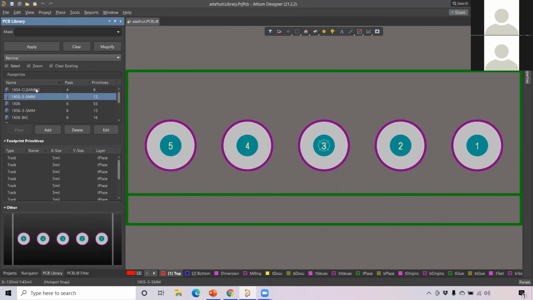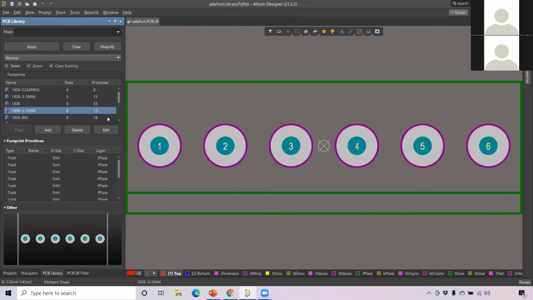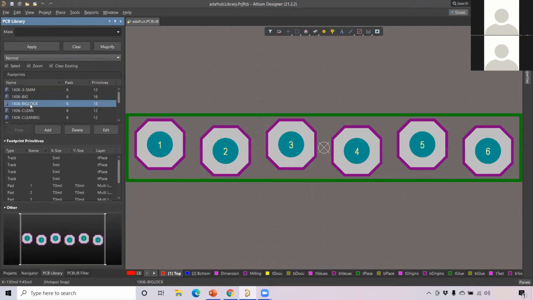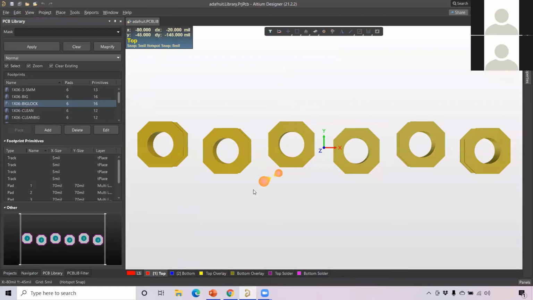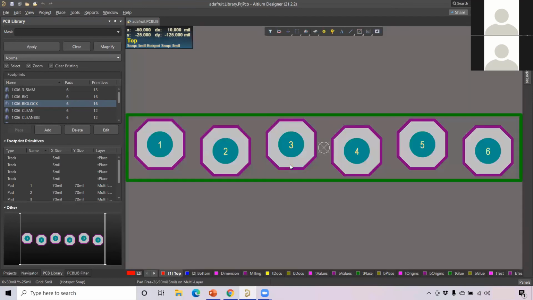Okay, you can see all the components, but please remember, when you bring them in and press 3, you will not see the 3D. This Eagle library does not have the 3D model, but no need to worry. In Altium, you can draw your own 3D model, or you can add in your STEP file to bring in the 3D model for your components.